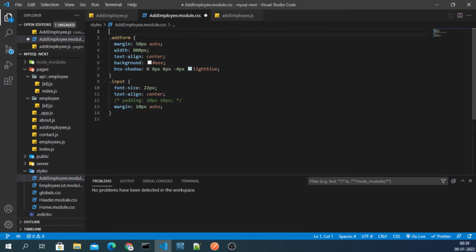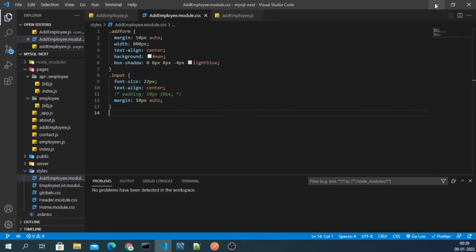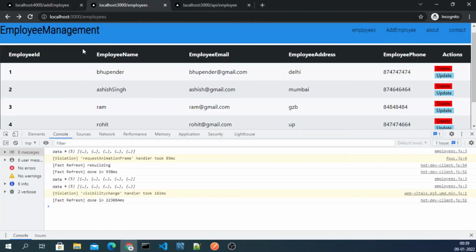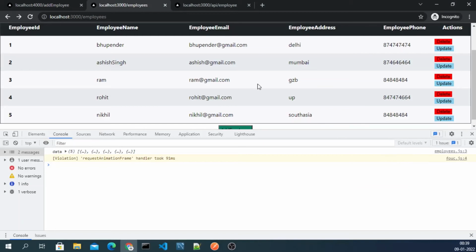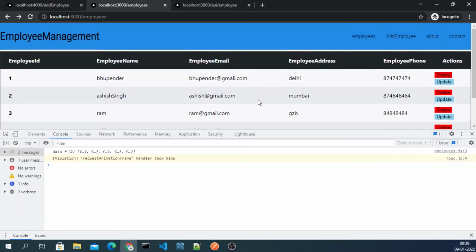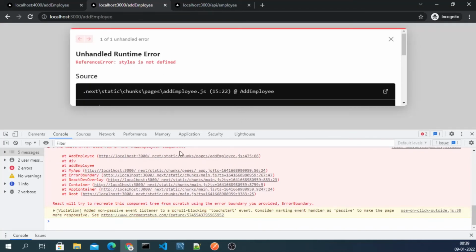You can see the CSS, guys. Let me first save it, and then we come here, and if we click, okay, so far we have not got any error. If we click on add employee, we should be able to see the, okay, style is not defined. Okay, we have to import it first.